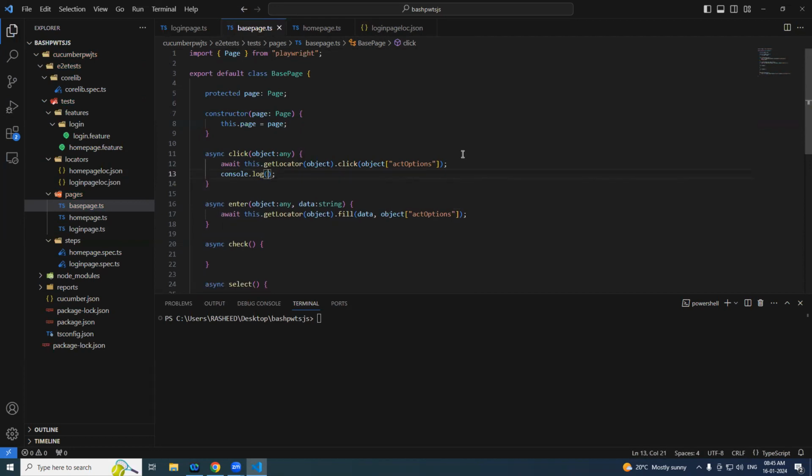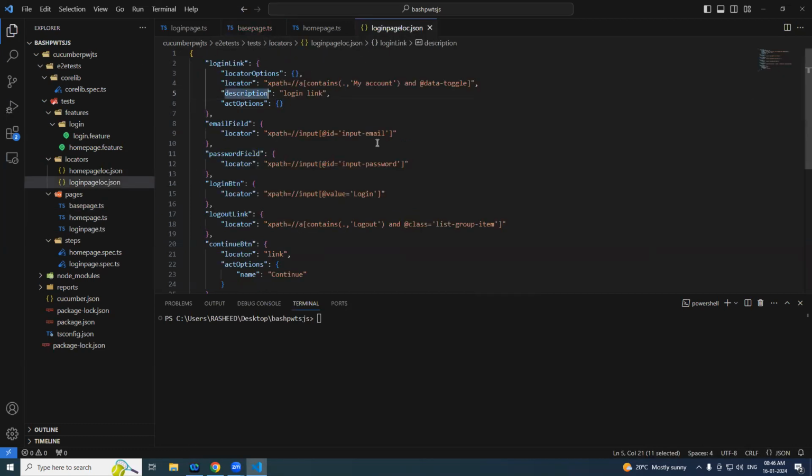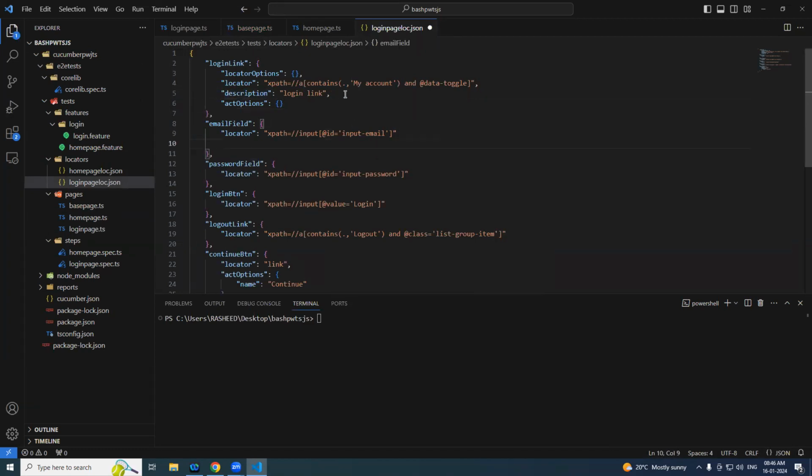Can I say simply, click done, dollar object, click done object description. What it will do, it will simply say clicked on that particular object description. If description is there, it will do so for every locator. Let's try to give the description so that this will come